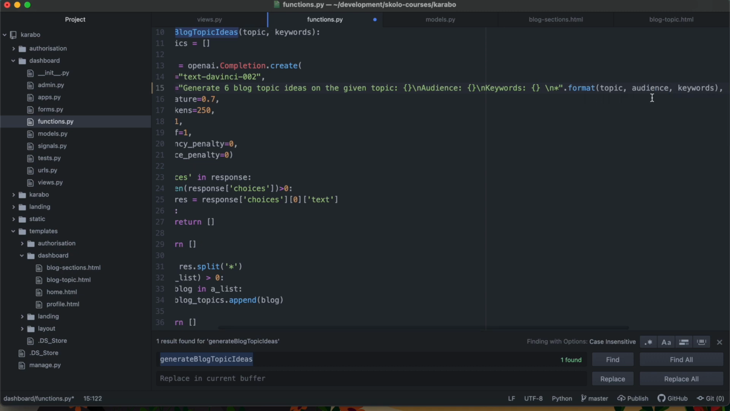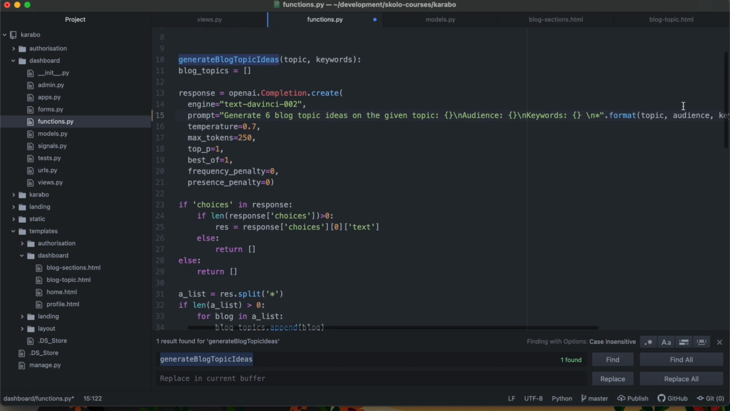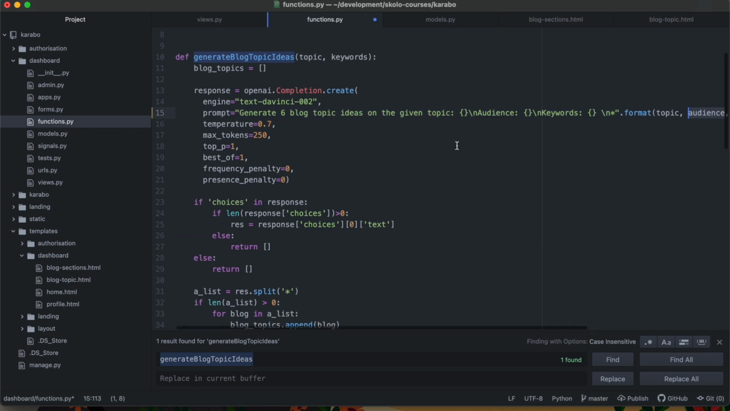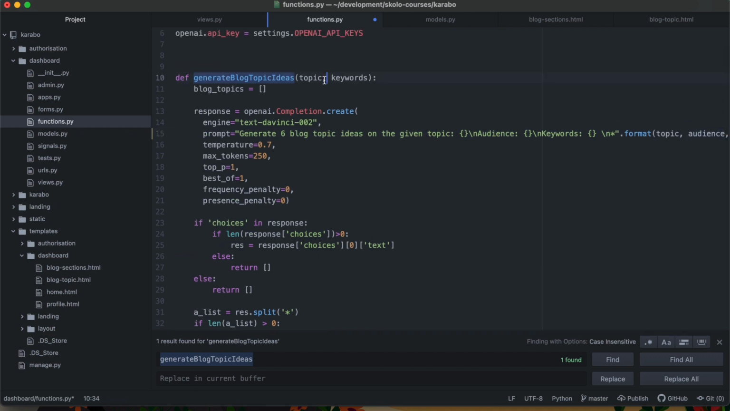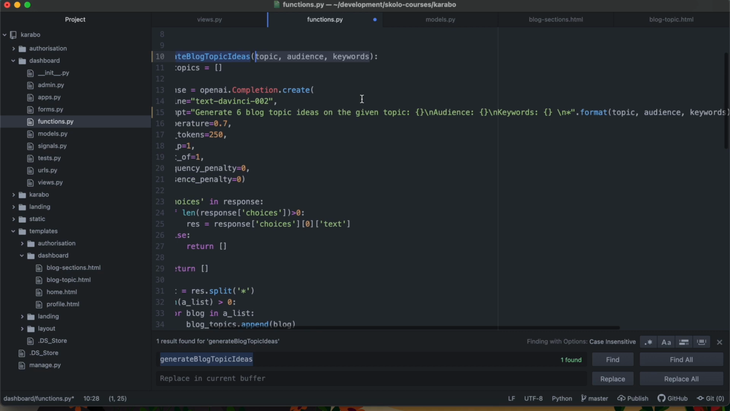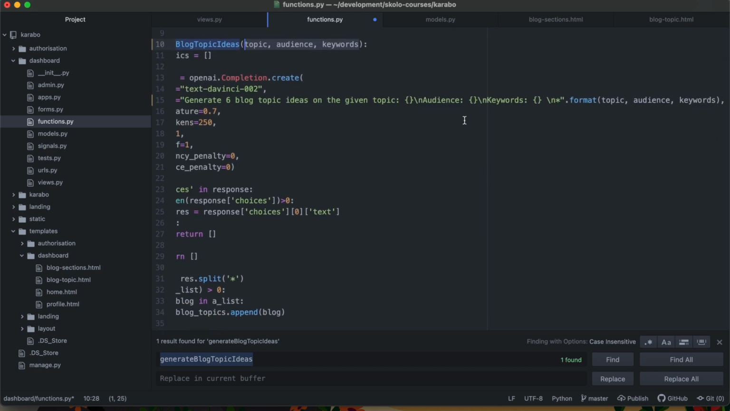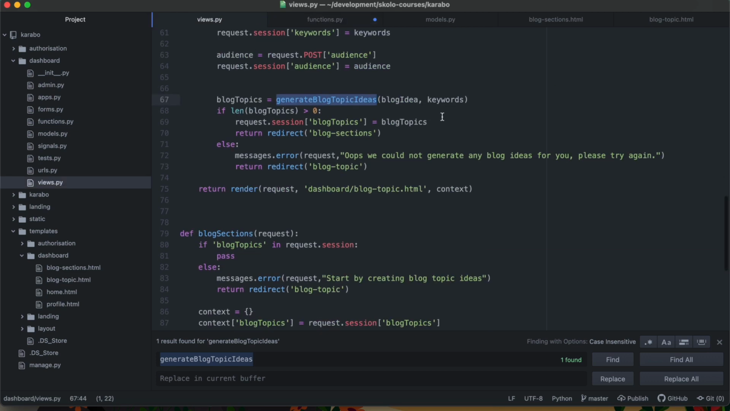All right, and then this audience must come in at the top here. It needs to come into the function. We need to have topic, audience, keywords, which means that we need the same topic, audience, keywords on the other side. So we have the topic, audience, keywords, which go in here, the topic, the audience, and the keywords. So inside of the views, we need to make sure that we have the blog idea,